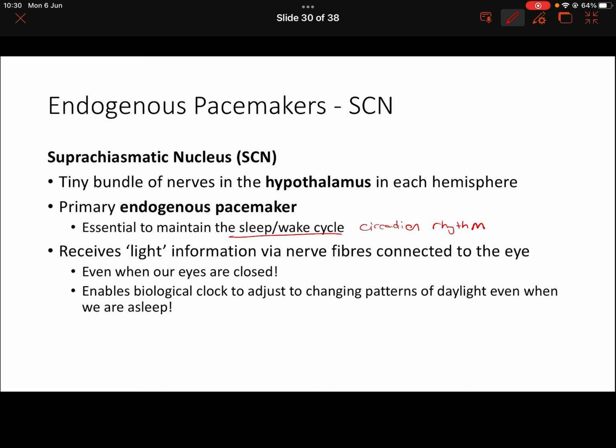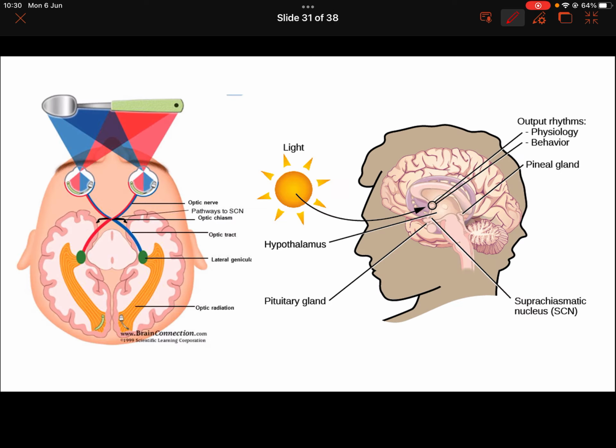So we're going to be having a look at this process on the next slide. I've got diagrams and then a flow chart to illustrate this. Okay, so I'm going to take a look at this diagram first of all. We can see here that there are nerve fibres which are connecting each hemisphere